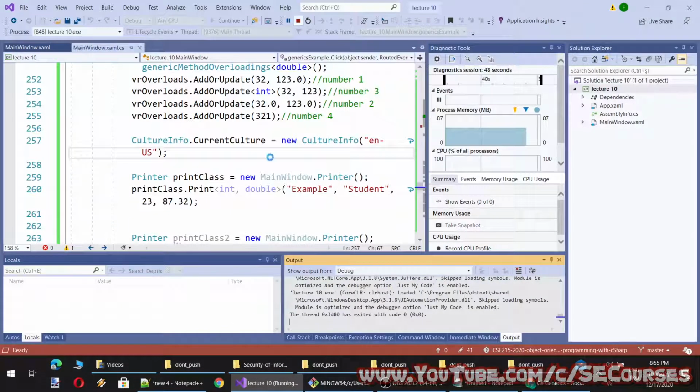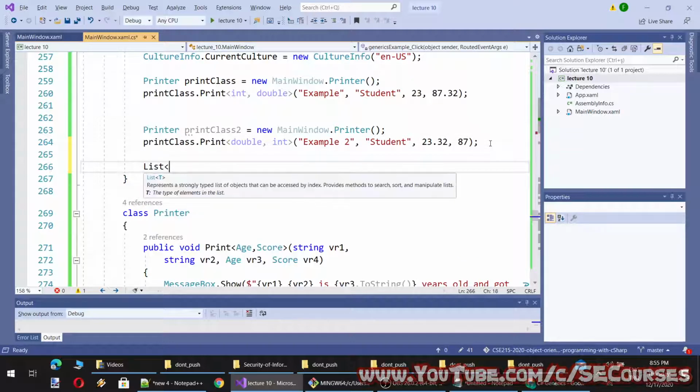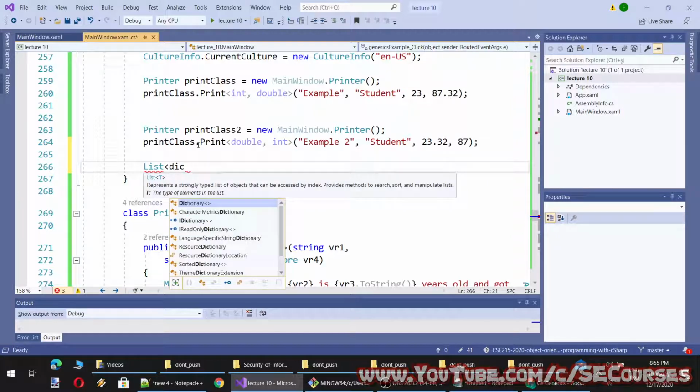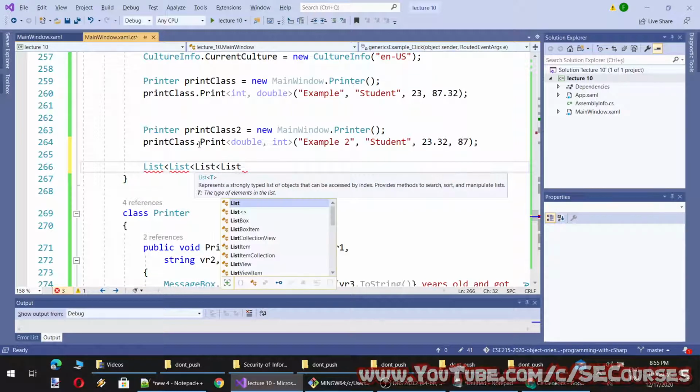Okay, generics are really important because if there weren't generics, we wouldn't have a class like list that we can compose list of basically any object. It can be dictionary, it can be double, it can be list of list and another list and another list, whatever.